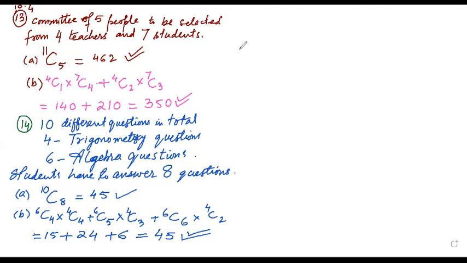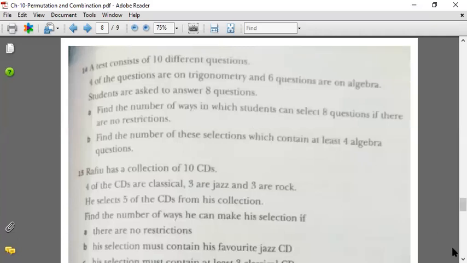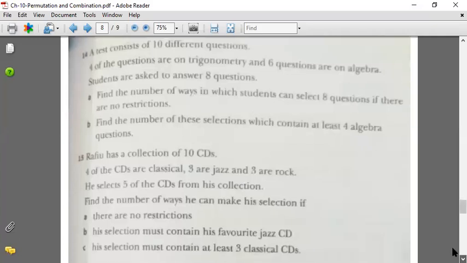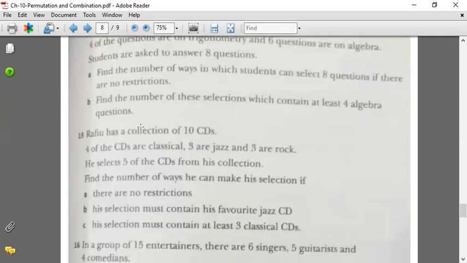Okay, now we have question number 15. In question number 15, I'll show you the question number 15. And question number 15,